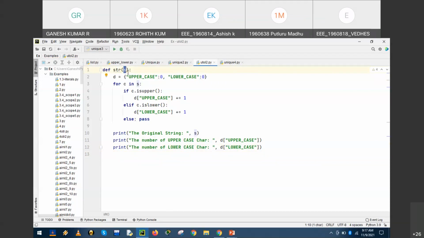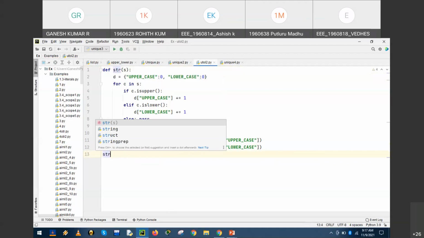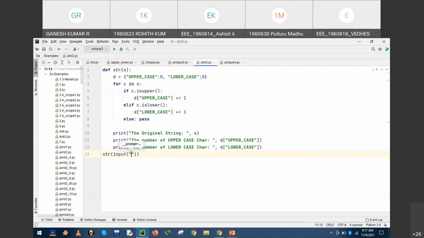Now we need to supply the value to the parameter. So it is a calling function to the function. So string input, enter a string, right? This function str is a called function. This input will supply an argument to the parameter. S is a parameter which collects it. Without this statement, this may work, but we may not get the output.